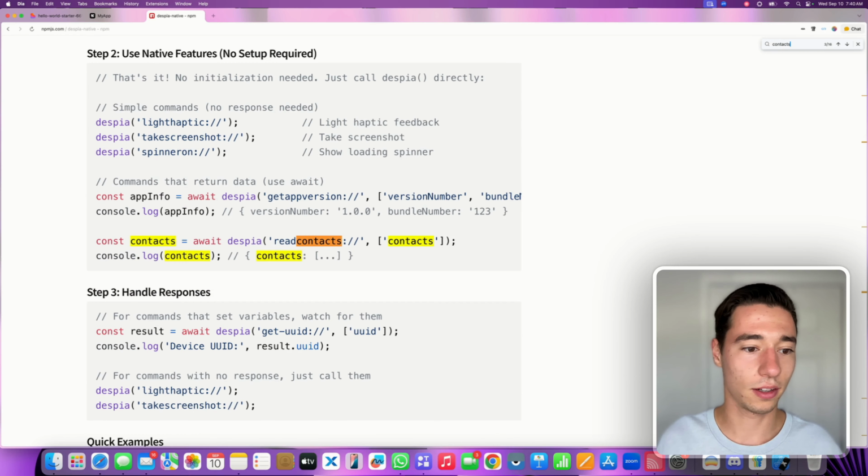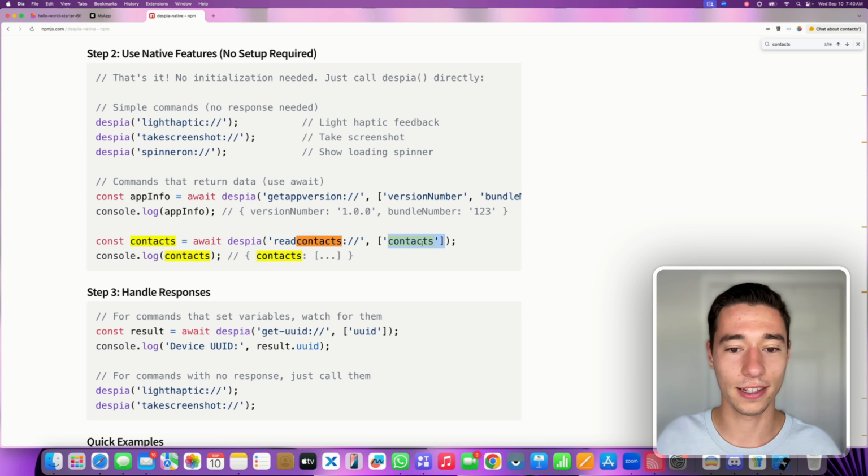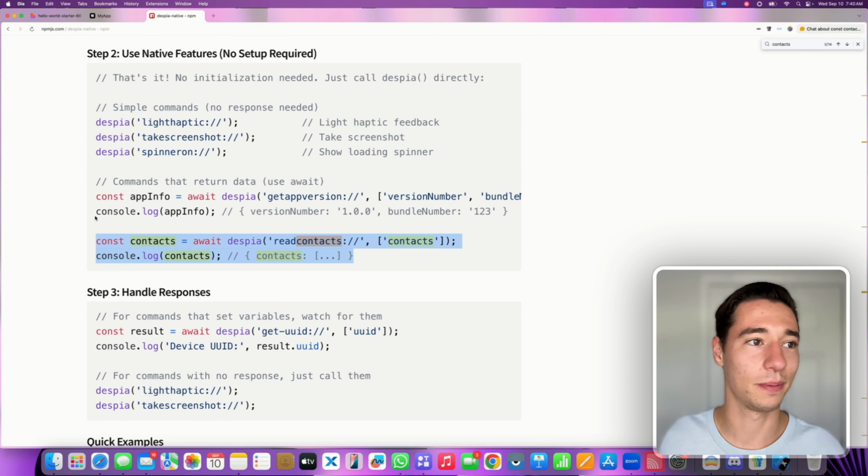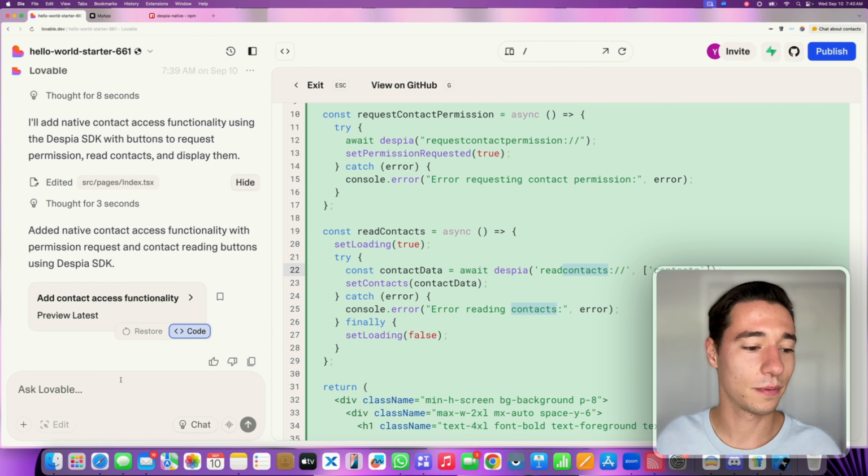I probably got to go a little bit more down. Yeah, so you see how when we are doing contacts here, and we are defining it, we will need to target contacts, so it would need to be contacts. I gotta fix that in our documentation actually. So let's say,